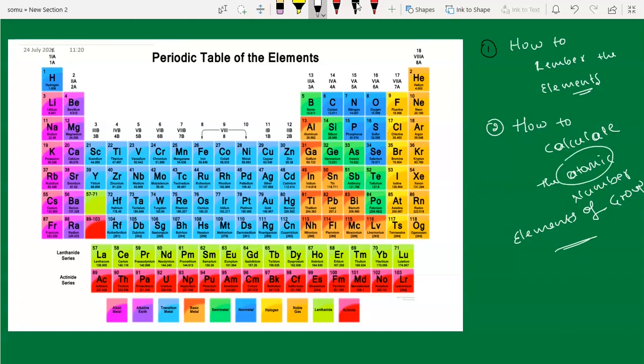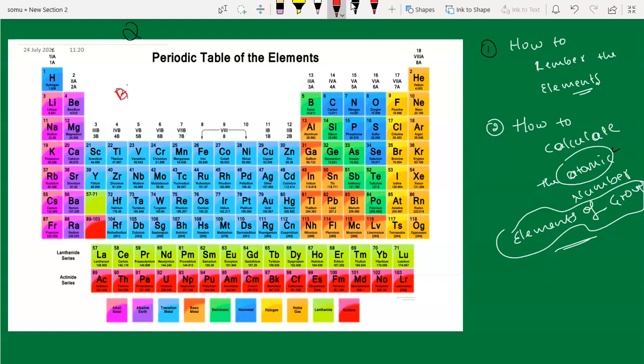So you should know the elements of the groups. And here I am presenting a very magical number. With this magical number you can calculate the atomic number very easily. If you remember this magical number, you can find the atomic number of every element. No need to learn by heart the atomic numbers of 118 elements.